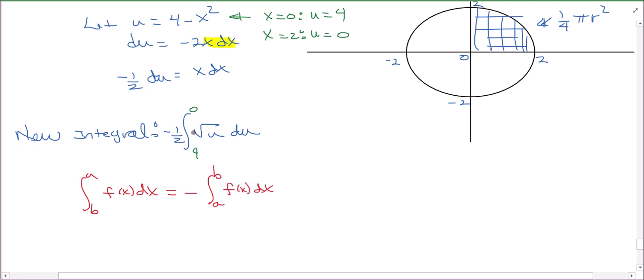So if you want it to look pretty, if you wanted to say from 0 to 4, then I can use this property, and then this is going to become, since that's negative, when I put the other negative there, that's going to become positive 1/2 the integral then from 0 to 4 of u to the 1/2 du, plus the area of a quarter circle,